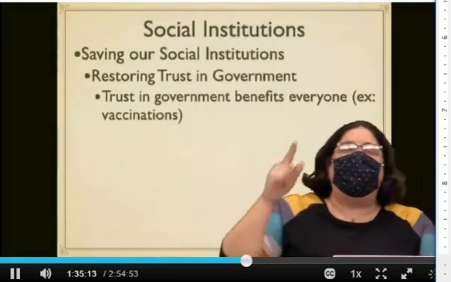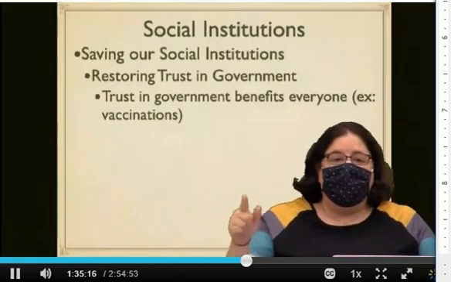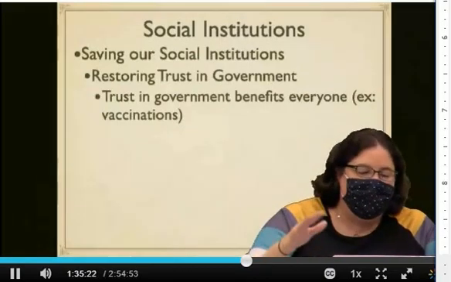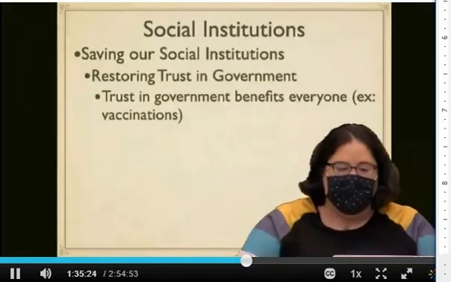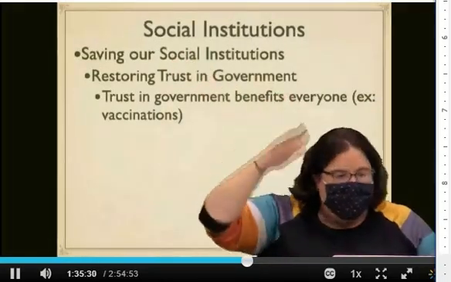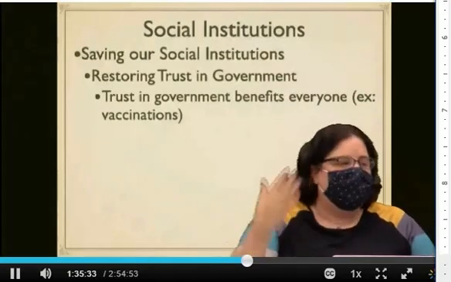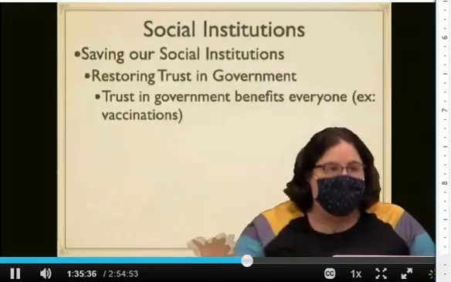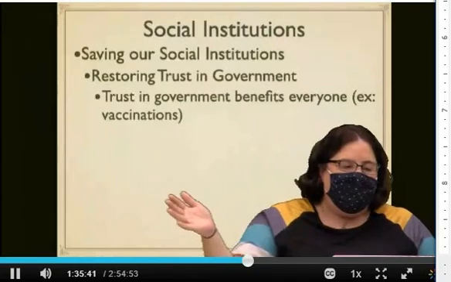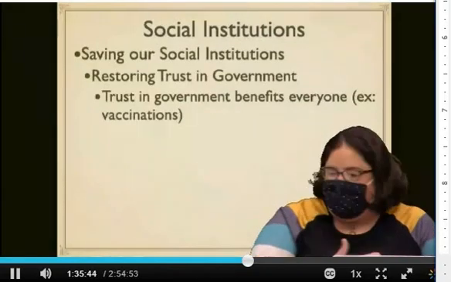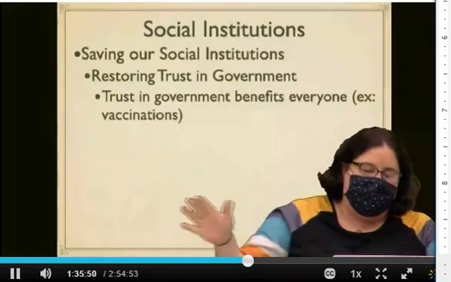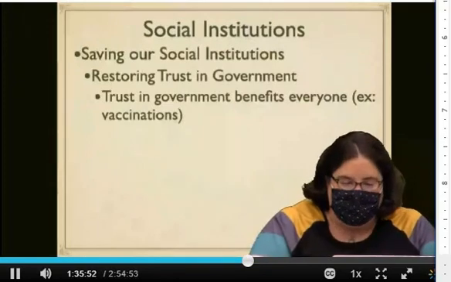When people have higher trust in the government, it benefits everyone in society, even those who don't trust the government, right? By trusting the government, it can benefit everyone. So take, for example, vaccines, right? Vaccinations, and I don't just mean for COVID, I mean, if you want to just talk about measles today or polio, but by people trusting the government and receiving those vaccinations, it benefited everyone in society such that those diseases were either eradicated or significantly pushed back, right? And so when people have trust in the government, and vaccinations are just one example, the more people trust it, the more everyone benefits.